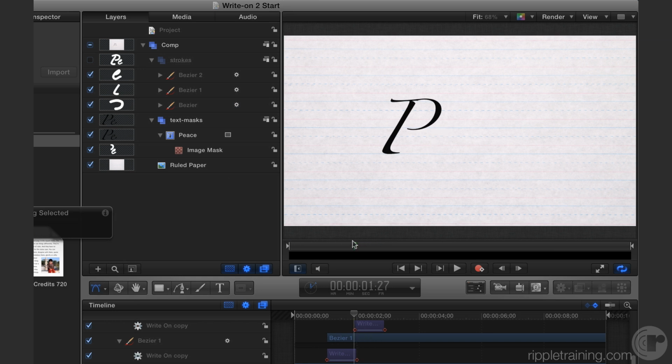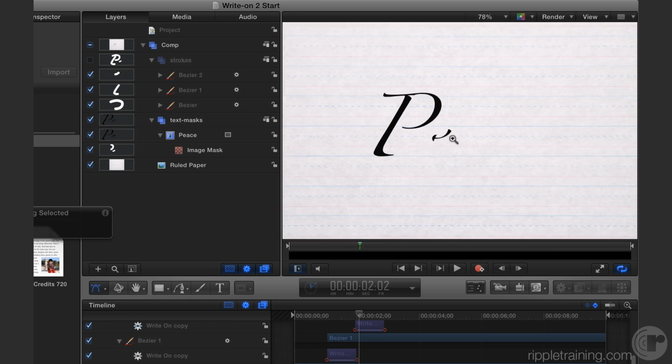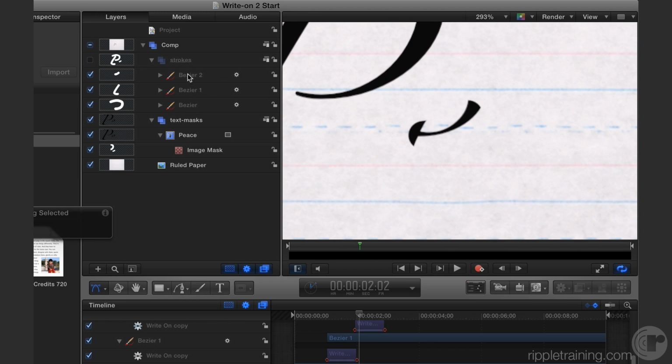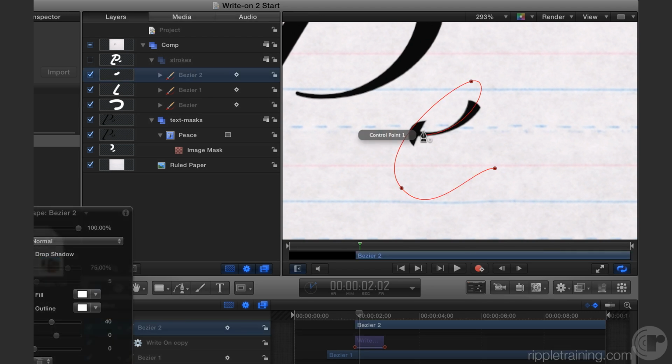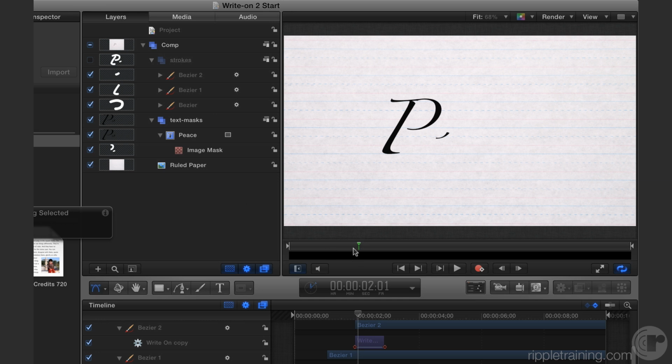By the same token, when this E draws on, you get a little too much down there. So again, I could zoom in, find the one that controls the E. It's this guy right here. And when it's first drawing on, right there, I don't like how much of that's being revealed, so I could just move this back more like that. Shift Z, okay? And it's basically a step-by-step process to work through, but you can end up with a nice